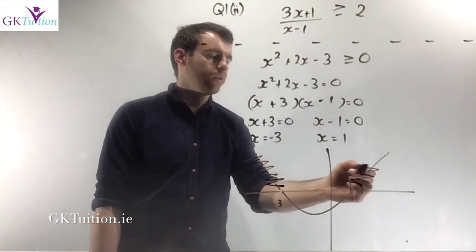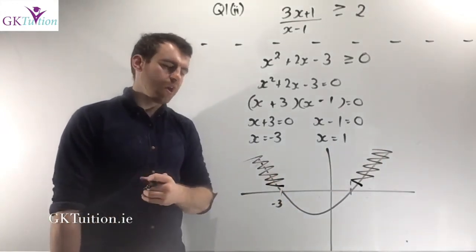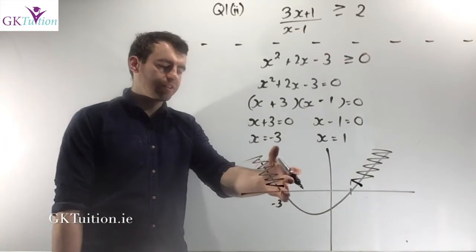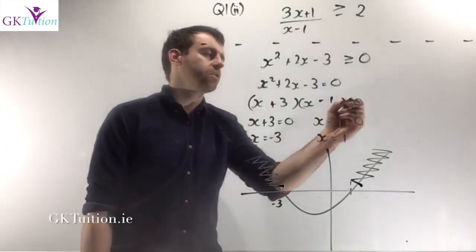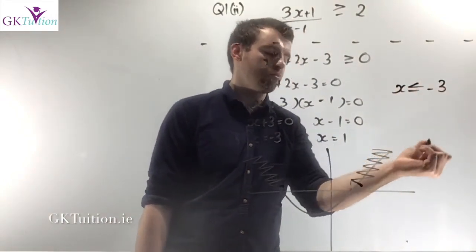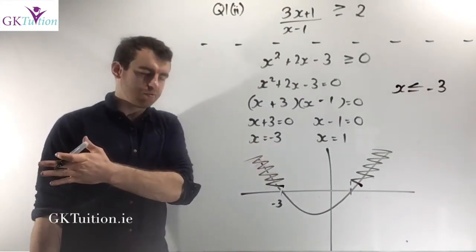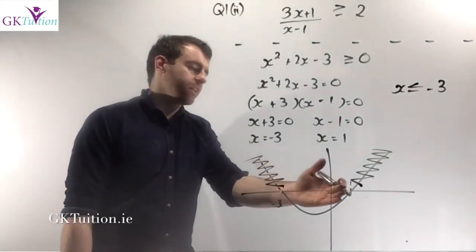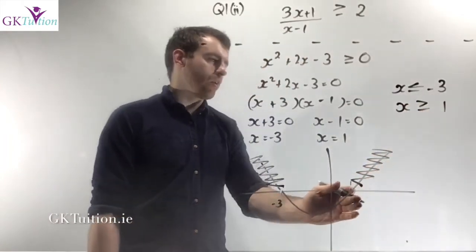Clearly in this scenario, it's two separate regions, which means I need to give two separate answers. First of all, if I took x values that are to the left of minus 3, the quadratic would be above the x-axis. So to describe that, it's when x is less than or equal to minus 3. Less than or equal to minus 3 means to the left of minus 3. And the second region, clearly when x is greater than or equal to 1 from this graph, the quadratic is